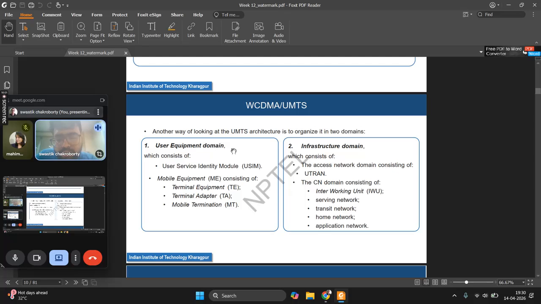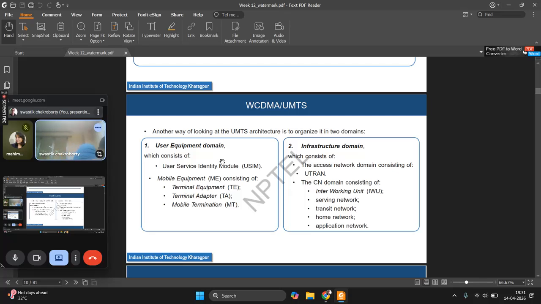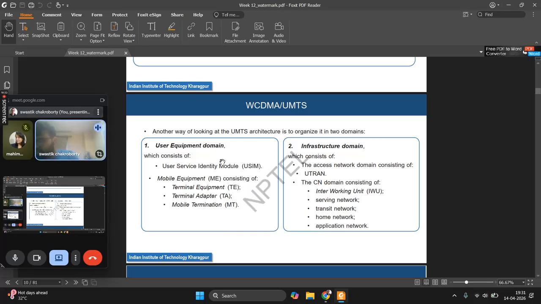Another way of looking at this UMTS architecture is to organize it into two domains. One is the user equipment domain, which concerns the user. It will have the mobile equipment and the universal user service identity module. This user service identity module is basically what is known as the SIM card. And it also has the mobile equipment. Of course, the SIM card will give a specific identity to the mobile in that particular network,